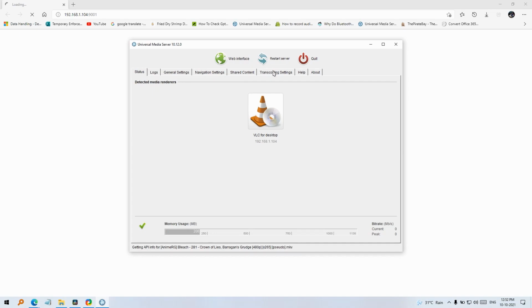The issue that I came up with was the second time I installed UMS, or the Universal Media Server, I did not see the transcoding settings available in this user interface. Not sure why it didn't load up, but you could find the settings in this file as well, or you can just clean install the application again. Then it should be fine, like I did now, and it's working for me.